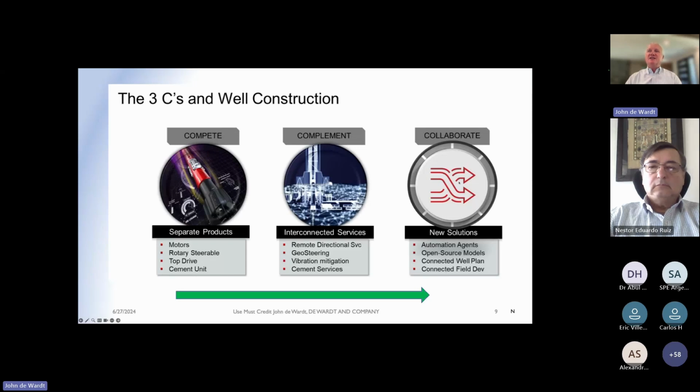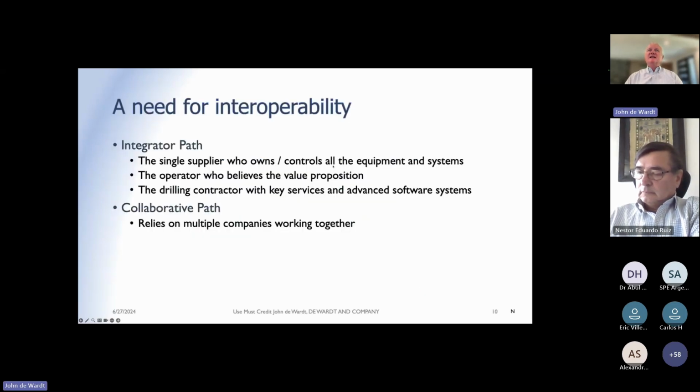So what we can see here is that companies in the digitalization space are now collaborating, and they're collaborating with multiple different companies in the same sector of the business. One thing for automation is there's a need for interoperability, and it's about the data, but it's also about the control of the systems. And in the past, we looked at whether there could be an integrator path where the single supplier owns and controls all the equipment and systems. Or it could be the operator who believes the value proposition, or the drilling contractor with key services and advanced